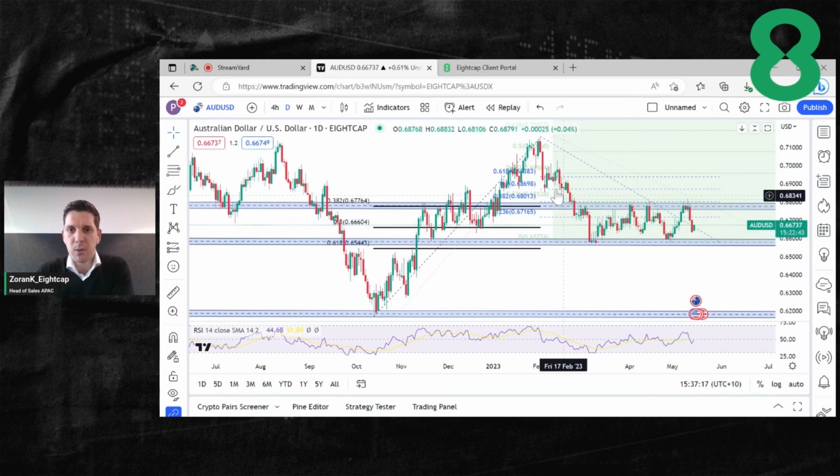Now, if you have a look at the most recent high on 2nd of February, and we apply that to the low on the 10th of March, and we apply the Fibonacci level to the downside, what we can see is that the 38.2 level here is providing quite a key and significant resistance as well. So it looks like the price levels on Aussie USD are working quite nicely, and we can see that on a number of occasions over the past 3 months, we've seen Aussie try to break that level.